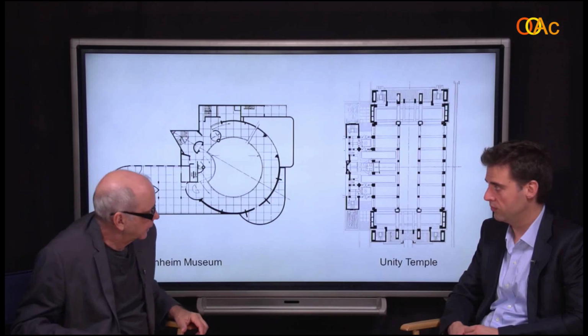Or if we compare it to Louis Kahn, who you just explained, Louis Kahn has the served and the serving space. Correct. The main space, for example, in the galleries, where you have a place where the paintings and sculpture are placed, and then you have the serving space, which is where the installation, stairs, toilets, elevators, and so on are placed. So maybe something similar happens with Wright, but Wright kind of groups them in larger areas. So instead of spreading them around as Louis Kahn does, he positions them in strategic parts of the building. Right. There's actually a very famous story in the case of